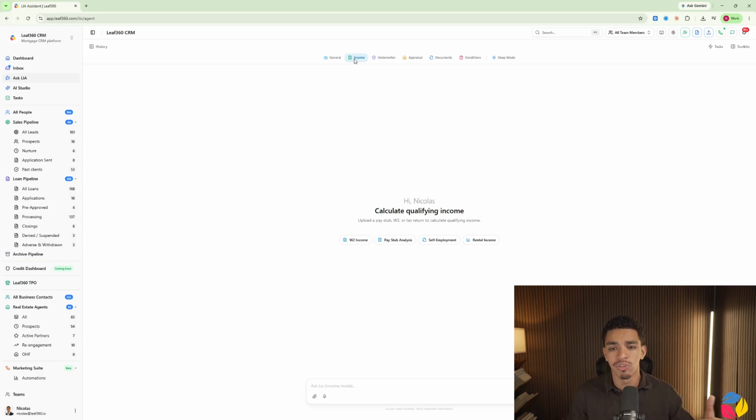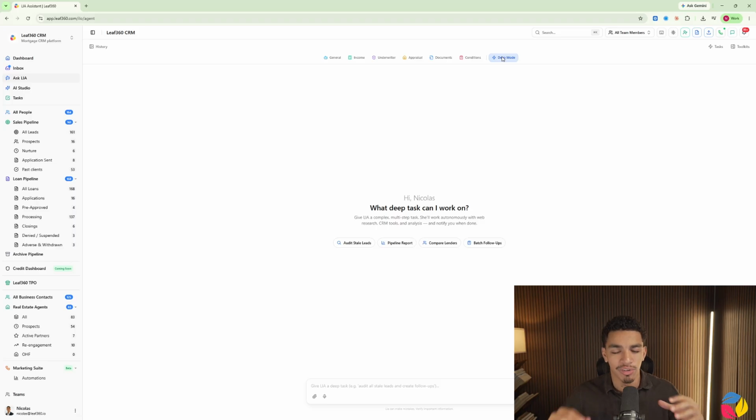So she can do pre-qual, she can review pay stubs, tax returns, she can act as an underwriter, she can review appraisals, look for red flags, do comparisons, she can review documents, analyze them, find information that you may be looking for, extract data. She can look at conditions, explain what conditions are, which we're going to talk about. And even Leah has access to deep mode, which is a deep research multi-step task that may take a little while,